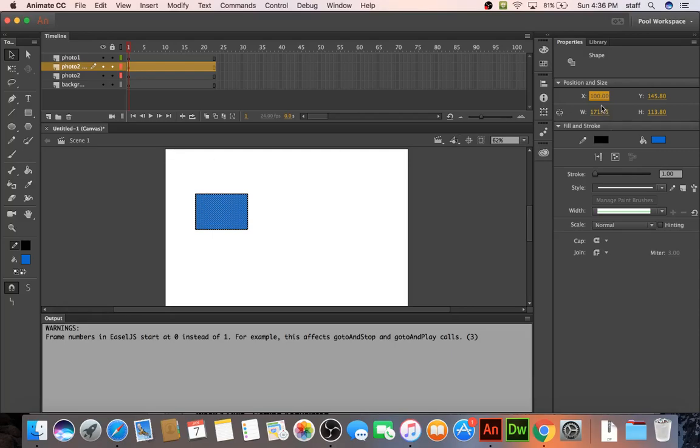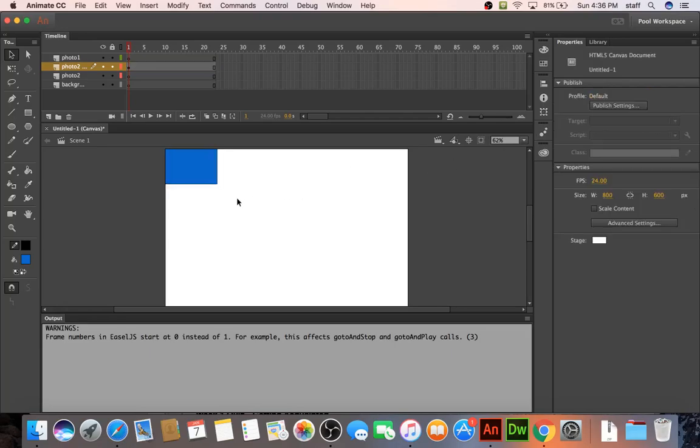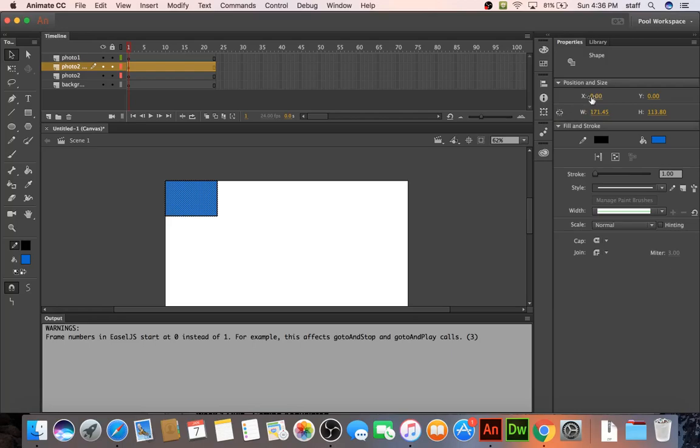So if I put 0 here and hit tab and hit 0 and enter, now it's in the upper left corner because, as I said, that is 0, 0. So if I put 20 and then hit tab 20, now it's 20 pixels over and down from the top left corner. I can also edit the size of the box,